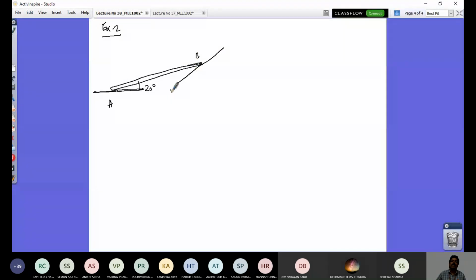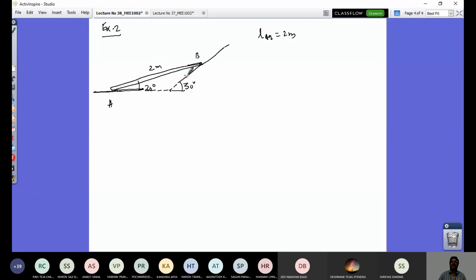If I extend this, this will meet, right? So this is 30 degrees to horizontal. Now the length of AB is 2 meters, given, and the orientation shown is 20 degrees. The bar is 20 degrees to horizontal. That's the orientation of the bar. But the status of this bar is not